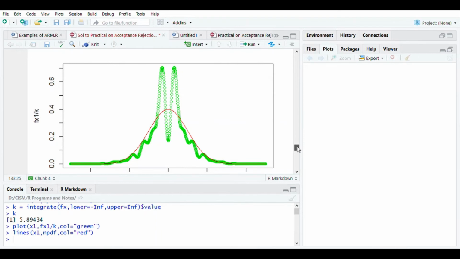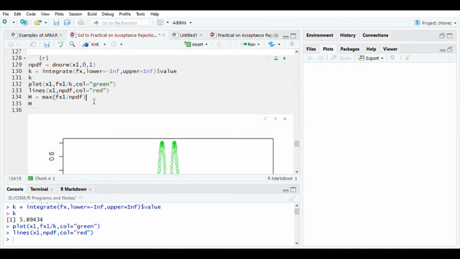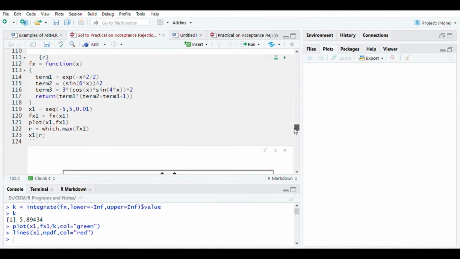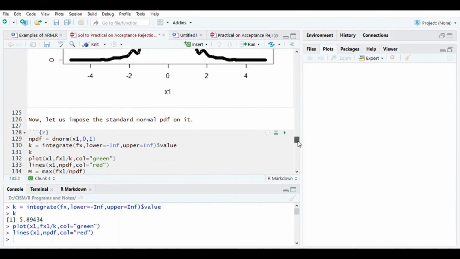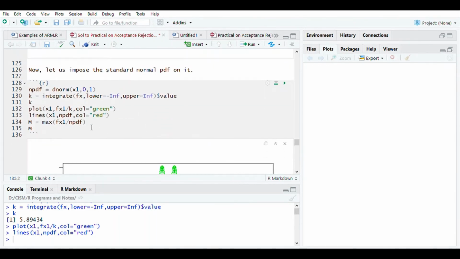Now in order to compute M, because we haven't been provided this constant, we have to work out without considering this constant. So we are going to compute M without considering this constant. We are going to consider only fx1, that is, fx1 is the PDF computed earlier. See here, fx1 is simply this one, fx at x1, without the multiplicative constant. So this is an improper PDF, and we are going to compute M by considering the improper PDF.